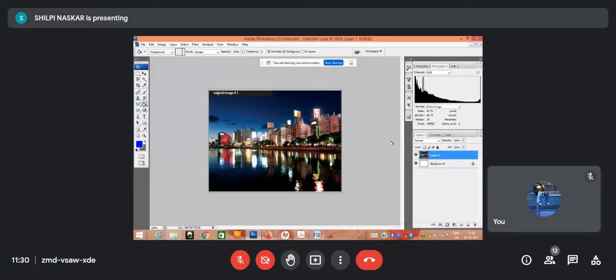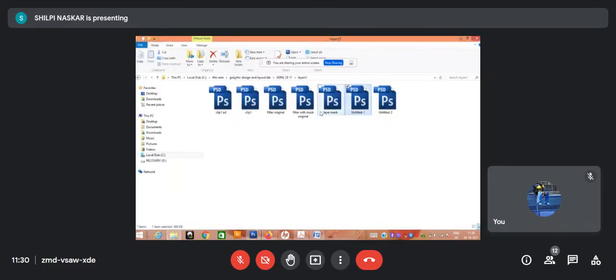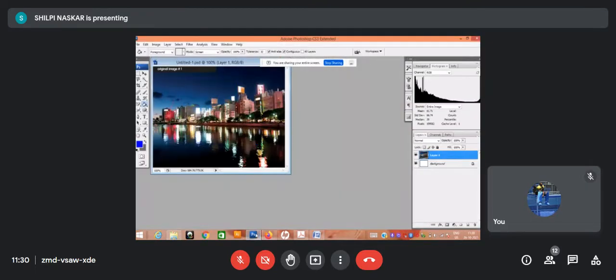Say there are two or three originals, and you want to mask one onto another to make things lie side by side in a manner that would look like the same picture. Just see this: say this is original one, and say this is original two. So these two layers I'll be masking.